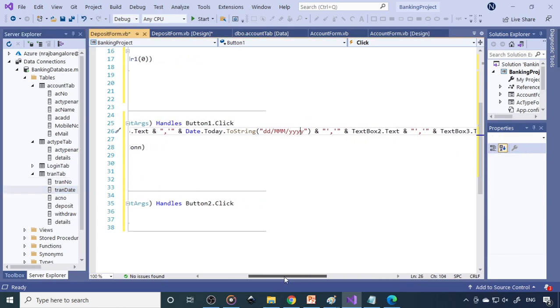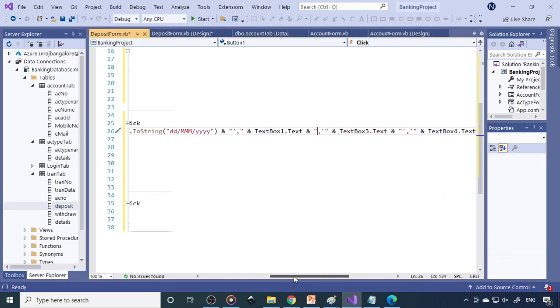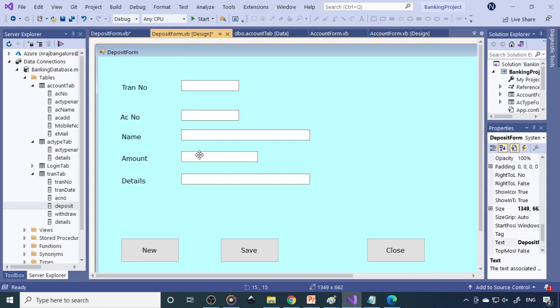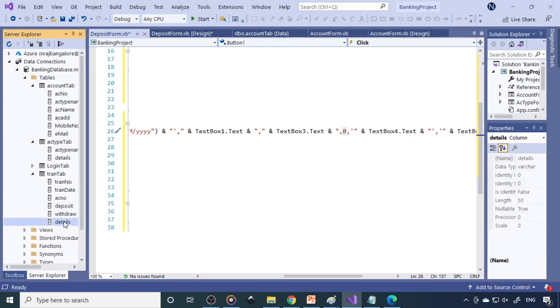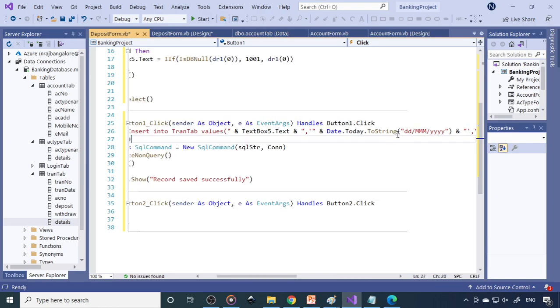Next one, account number in text box 1, and this is a number, so you don't require single quotes on both sides, you need to take them out. Next one is deposit amount. For deposit also you don't require single quotes on both sides, so take them out. This is text box 3, check this is text box 3, fine, so it matches. Next one, withdraw, we are not withdrawing any money here, therefore you have to put 0. For the withdraw column we are not inserting through the text boxes because we are very sure we are inserting 0, so the withdraw is 0. Then the details, so details will be text box 5.